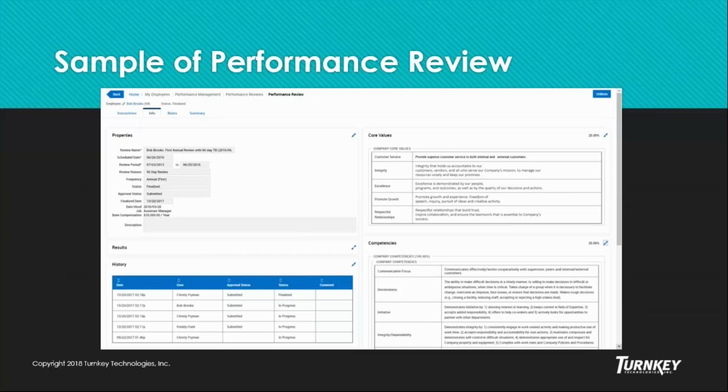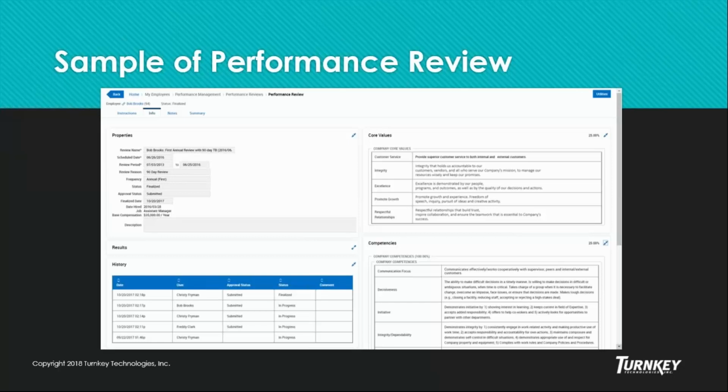It's a little hard to see, but if anybody wants samples, this is just an example of what a performance review looks like within Workforce Go. And here you see properties where you have things like a person's hire date and their status, and you can put in information. So if you look to the right where you see core values, that is an example of a template where a company says, our core values and what we expect you to hit for this particular job